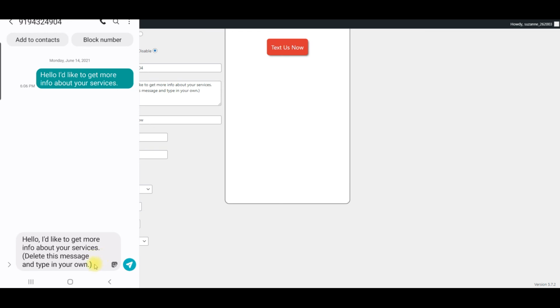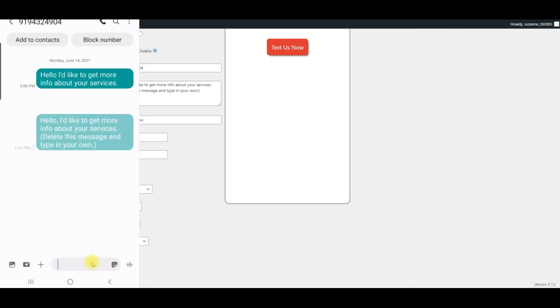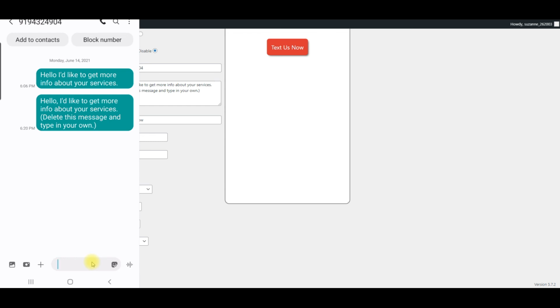So I could delete all of this and type in my own message, and then I hit send. And I'm not going to be able to show you it coming to me because I've set it to go to this other phone number, which is not the same phone number of this phone. But you can see that it works, and it's pretty nifty.